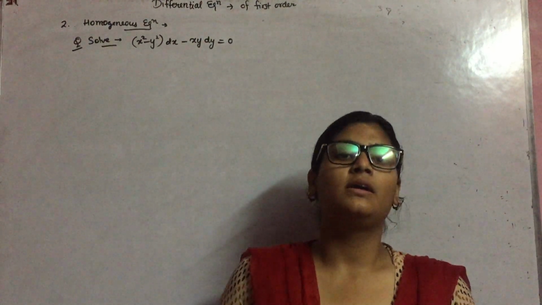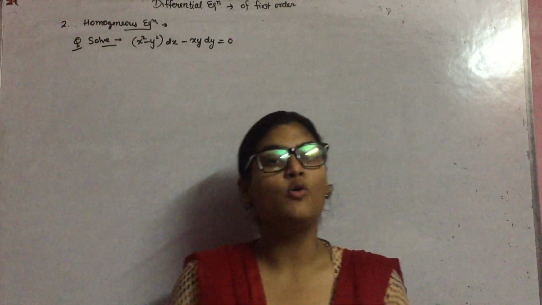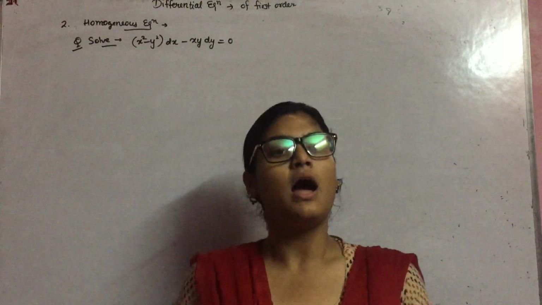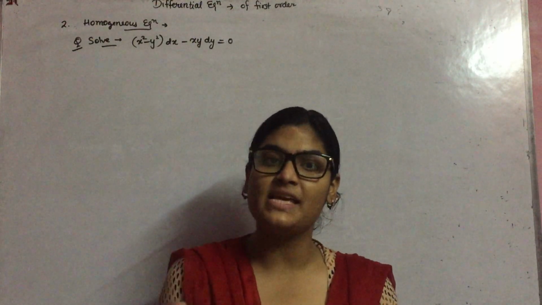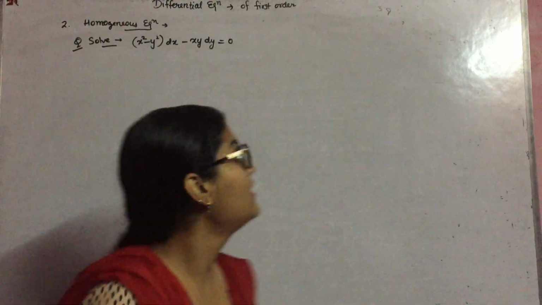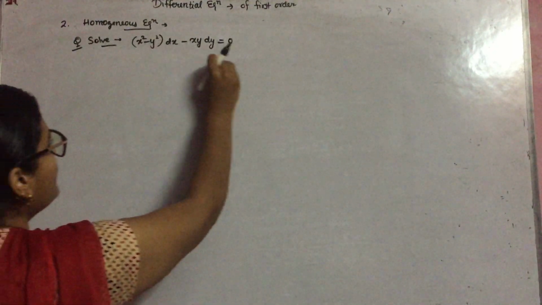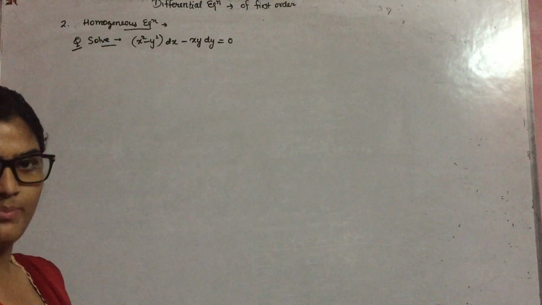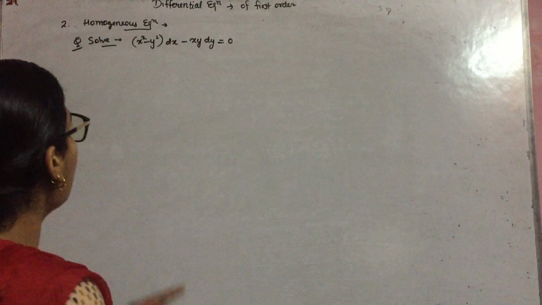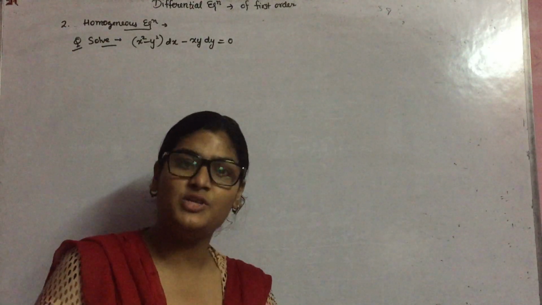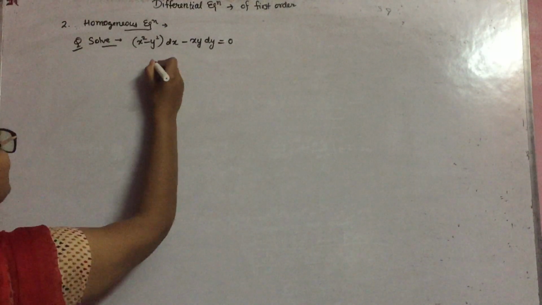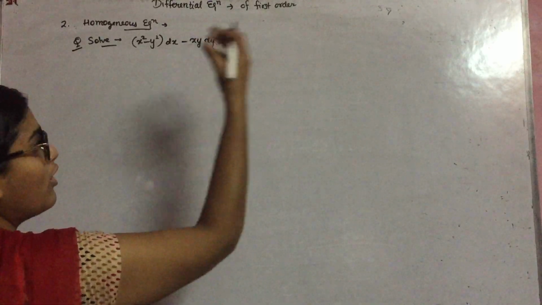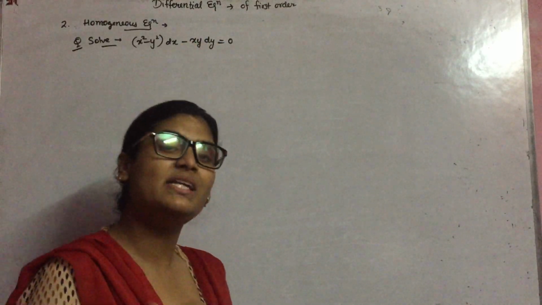Okay, welcome. Now we are going to discuss homogeneous equations and how to solve them. Homogeneous equations are those equations which have the same degree. Okay. Now, as you see here, you have to solve this. So, firstly, separate the variables if you can, and if not, then apply the homogeneous method. Check whether they are homogeneous or not. So, simplify it to get the dy by dx or dx by dy form.